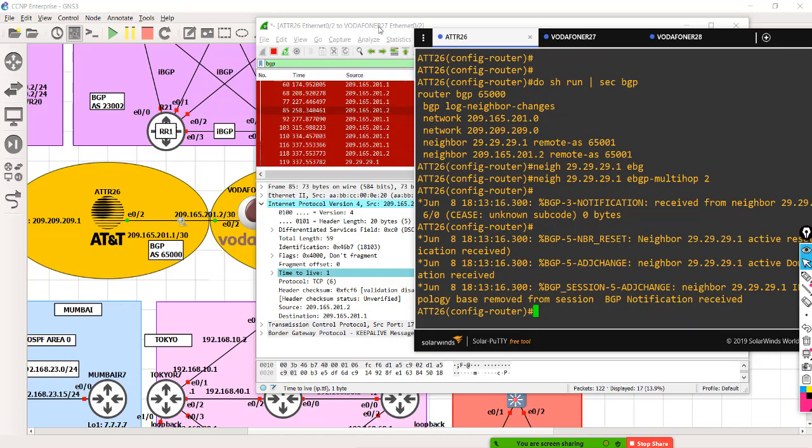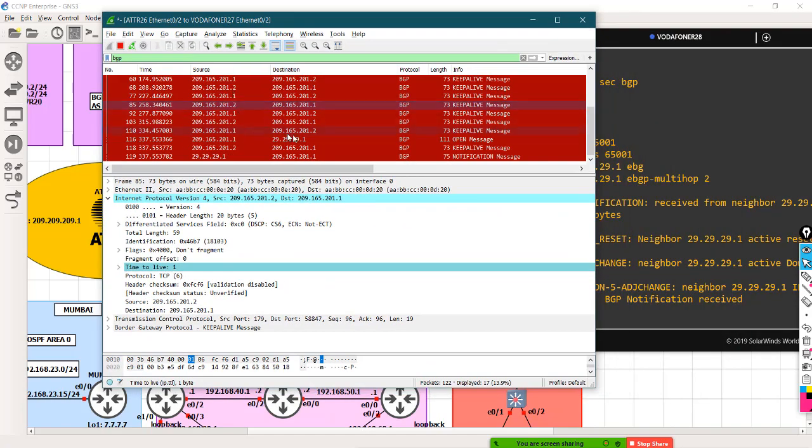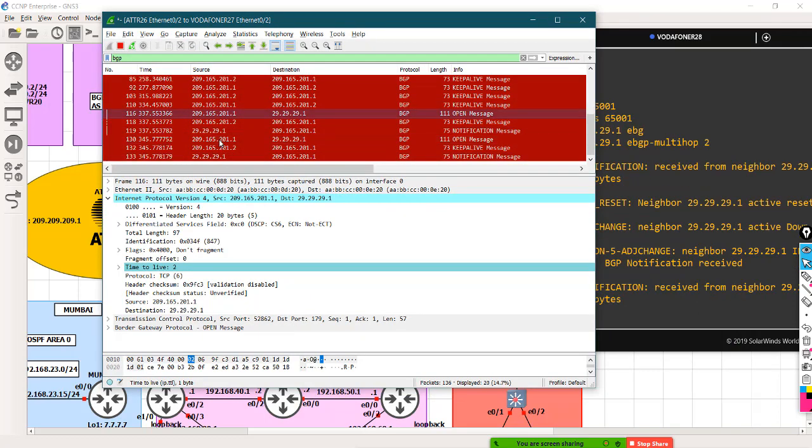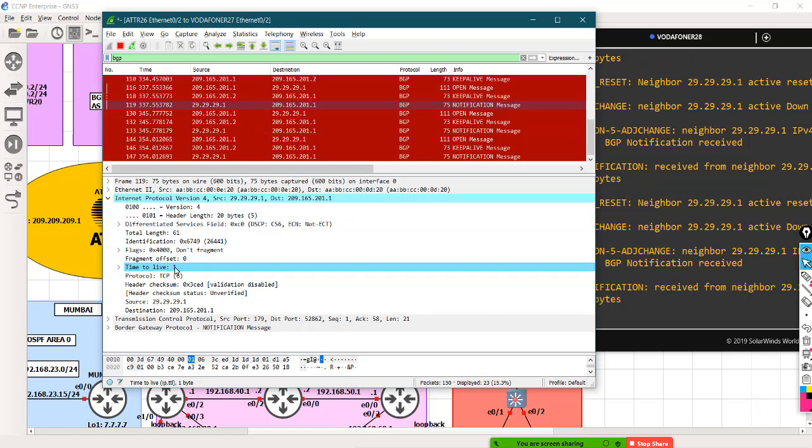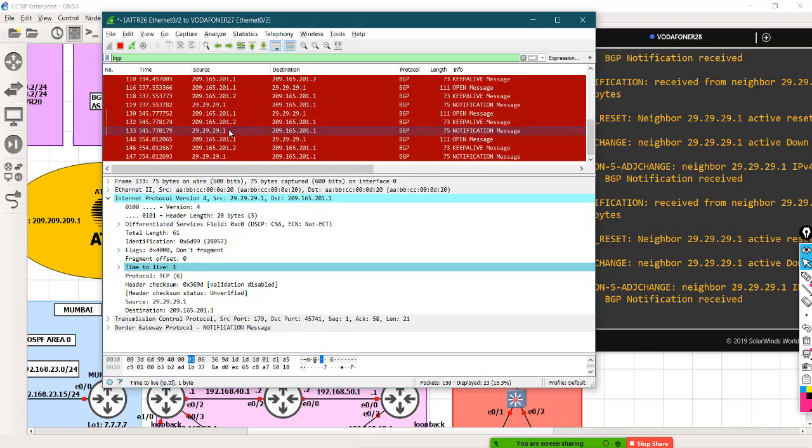So you see now the packet started originating, okay. So you see packets are now coming up from that loopback. So you see the TTL was 2, okay, and TTL got decremented by 1, you see 1, okay, and they are forming neighbors now. So 2 TTLs are enough to form neighborship, okay.